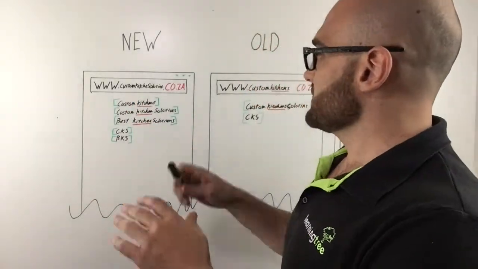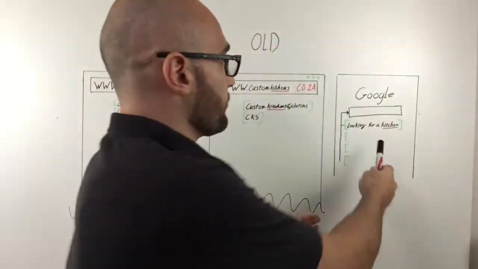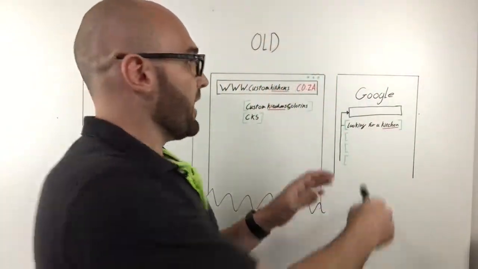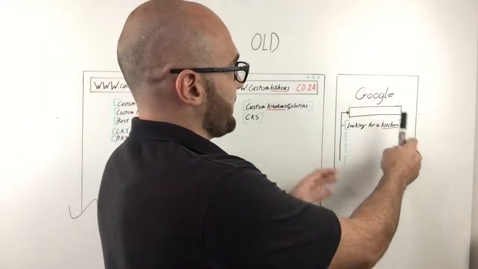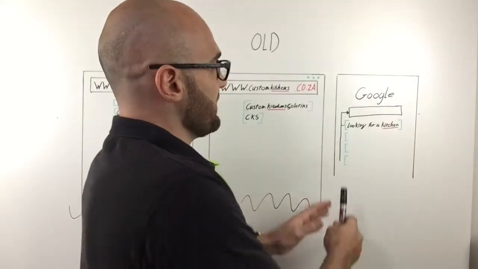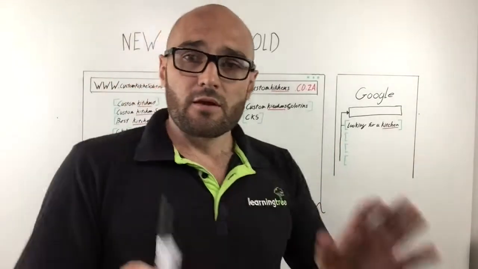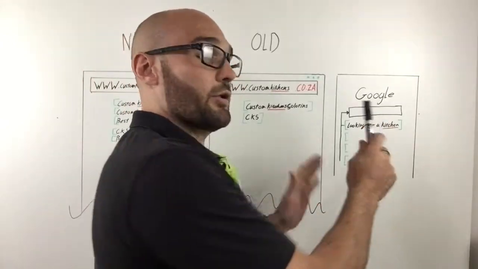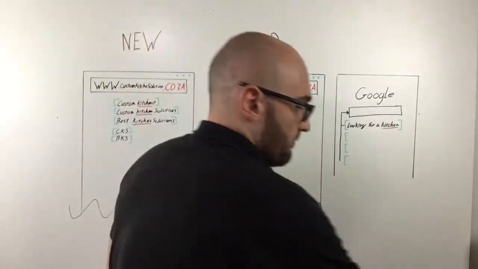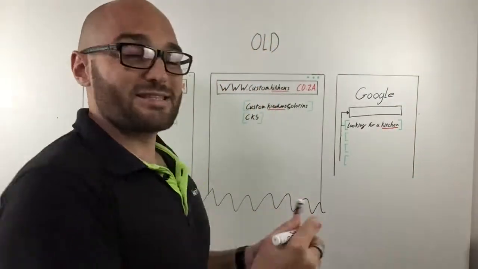The reason for that is that when somebody goes onto a search engine, which is maybe Google, Bing, Yahoo, they will be able to type in things like looking for a kitchen, looking for a custom kitchen, where can I buy custom kitchens, need somebody to install a kitchen into my new house. Now, have you noticed I've used the word kitchen a lot of times? So I want to make sure that my keyword is going to be kitchens inside of that sentence that they